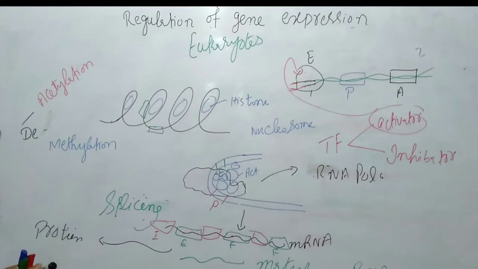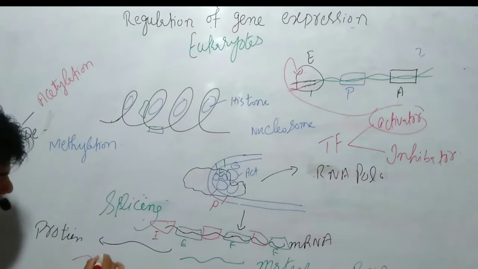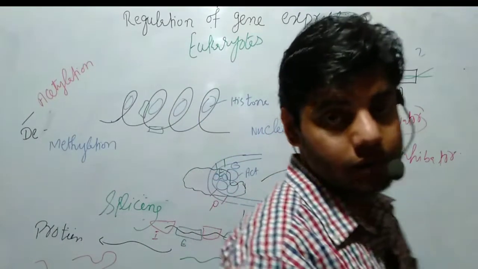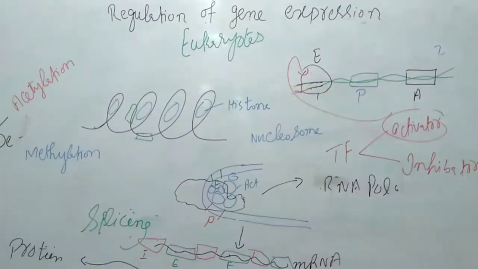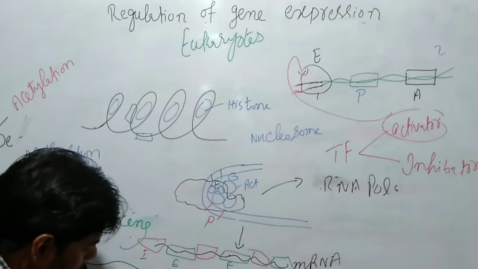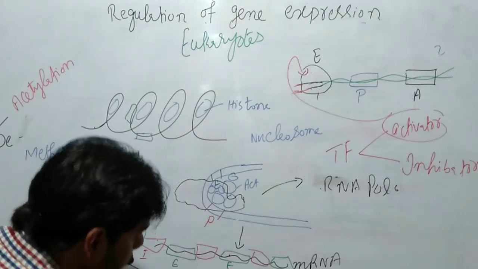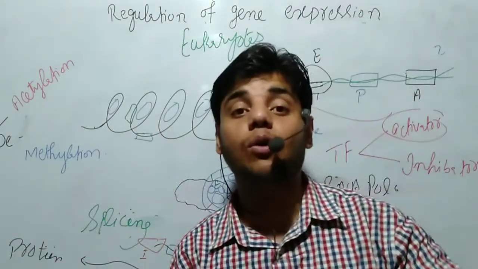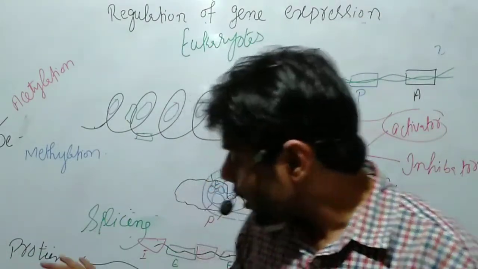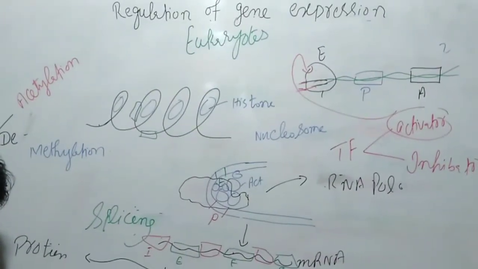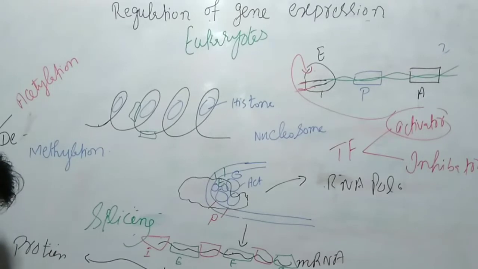Again, when we get the protein, remember guys, in the case of the protein, this protein is not yet a functional protein. This protein needs to become functional, which we call a post-translation process. In this process, splicing will occur again, which we call protein splicing. So in protein splicing, what actually happens inside the protein?